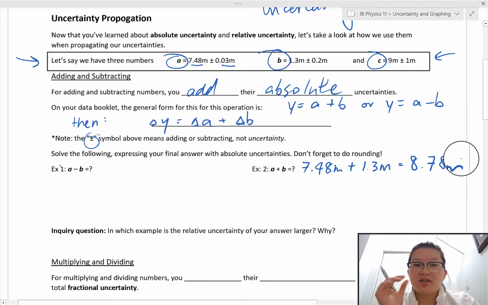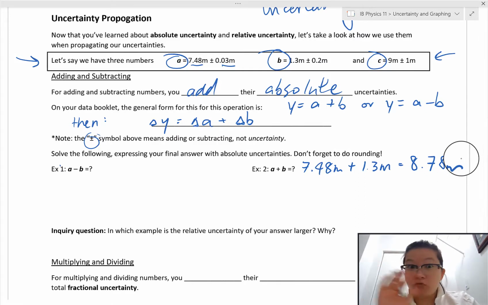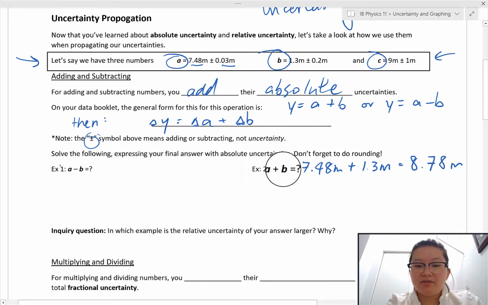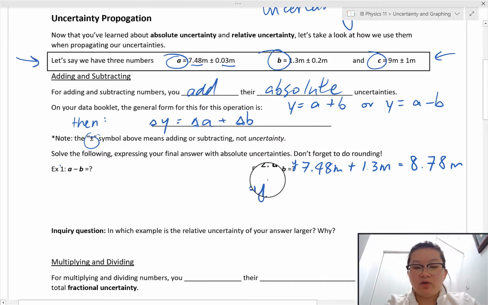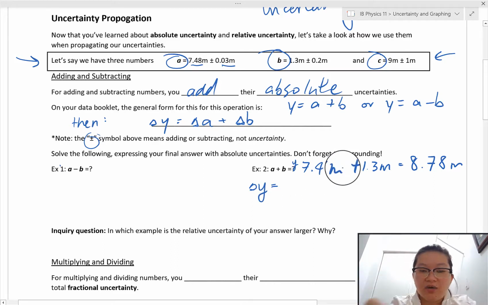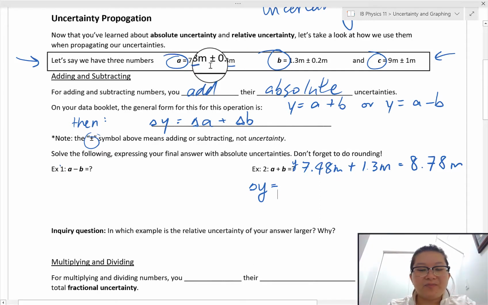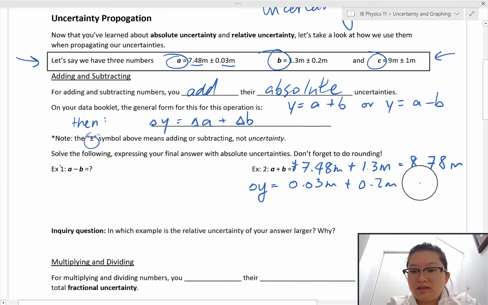And because I don't have the uncertainties right now, I am not going to do any sort of rounding at this point, okay? And I'm going to say that after A plus B, that's equal to Y, so that my absolute uncertainty for the result, which I'll call Y, is equal to the sum of their absolute uncertainties, which, if you go to this table that I have up here, is the 0.03 meters plus the 0.2 meters. That's going to give me